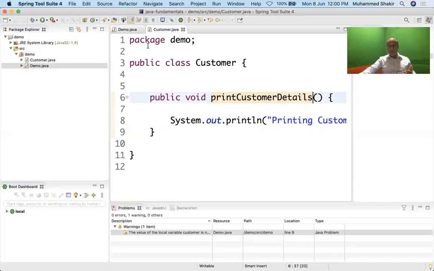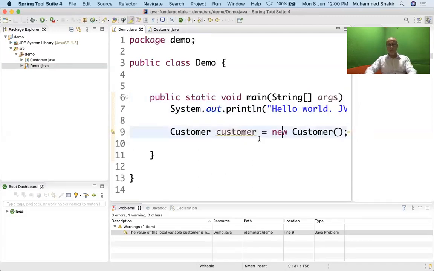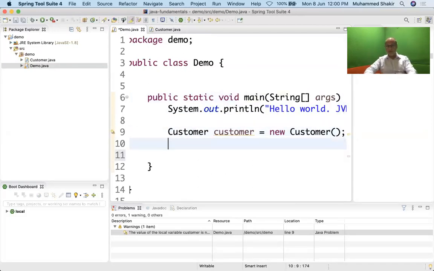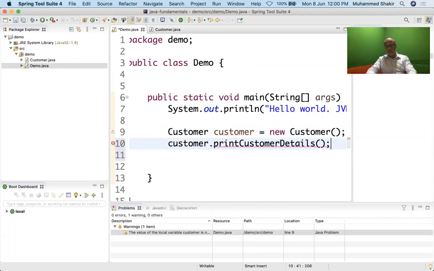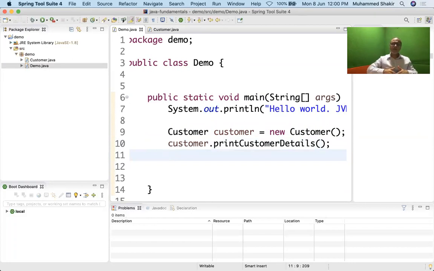This is the method in that. So I go back over here and I have created the object of class Customer. See, customer is equal to new Customer. This is how you create a new object. And then I say customer dot, what is the name of the method? printCustomerDetails, right? When I say method or function, as of now, take it interchangeably. I may call it a method or I may call it a function. It's one and the same thing.